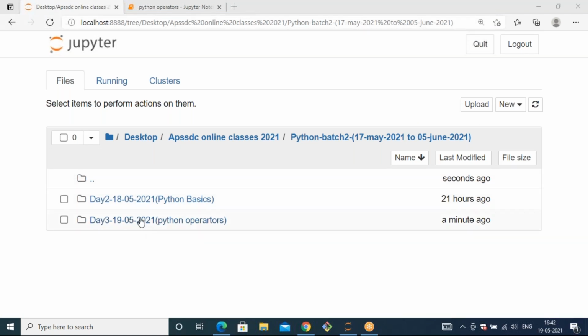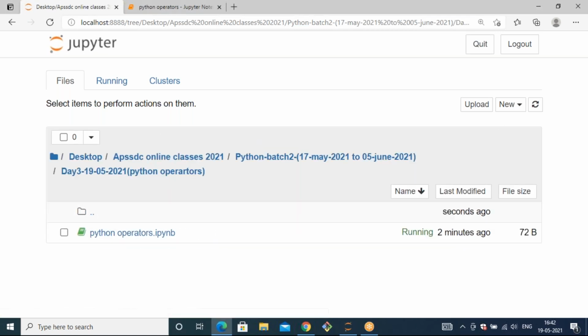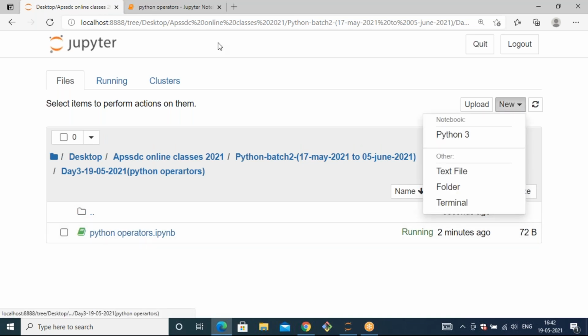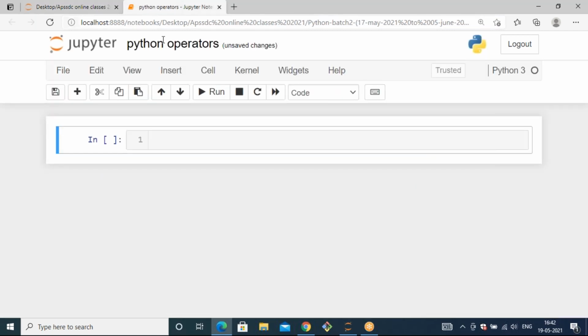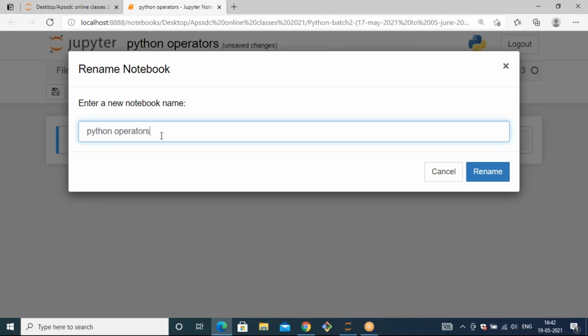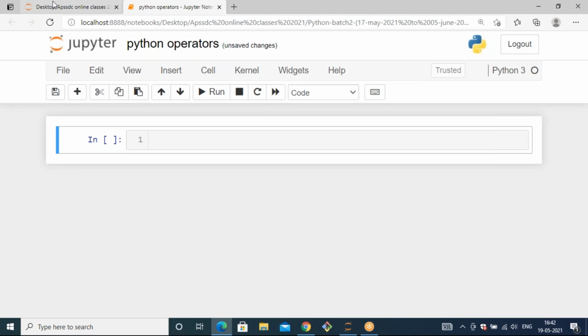I already created one with day 3, 19, and then the corresponding topic, and open that folder by clicking on it. Here you need to start a new Python 3 notebook, and it will open like this. After opening, rename this untitled file. I'm changing the file name to Python operators.